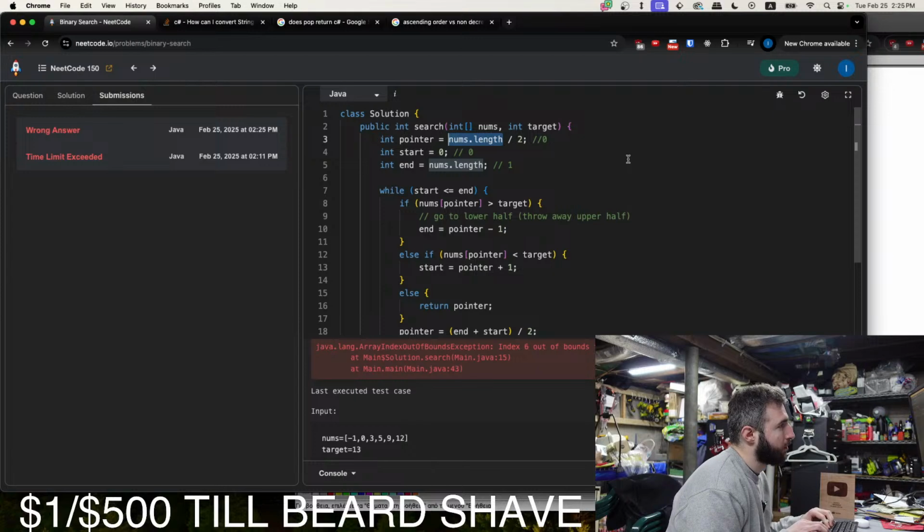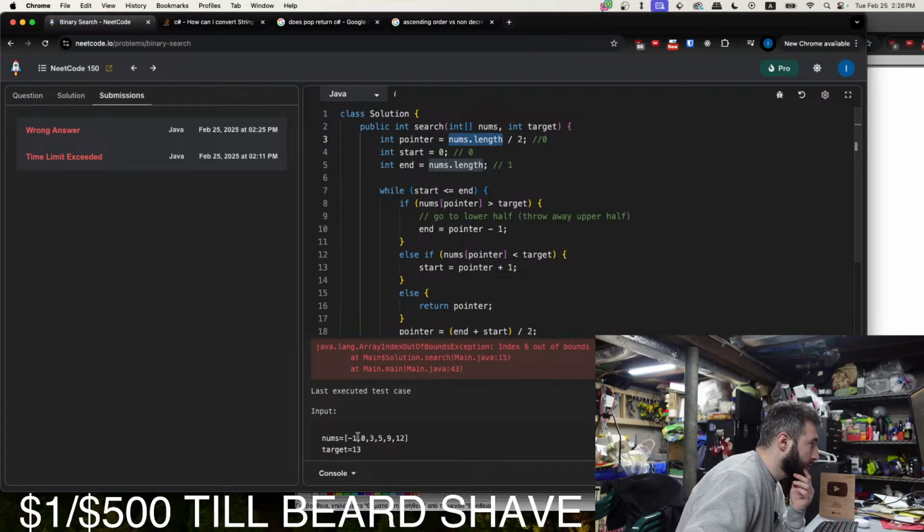So 1, 2, 3, 4, 5, 6. 0, 1, 2, 3, 4, 5, 6, 7 divided by 2 would be 3. 0, 1, 2, 3.